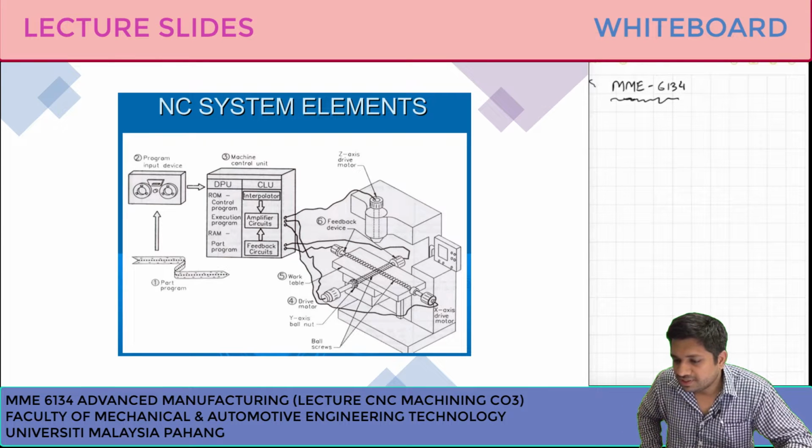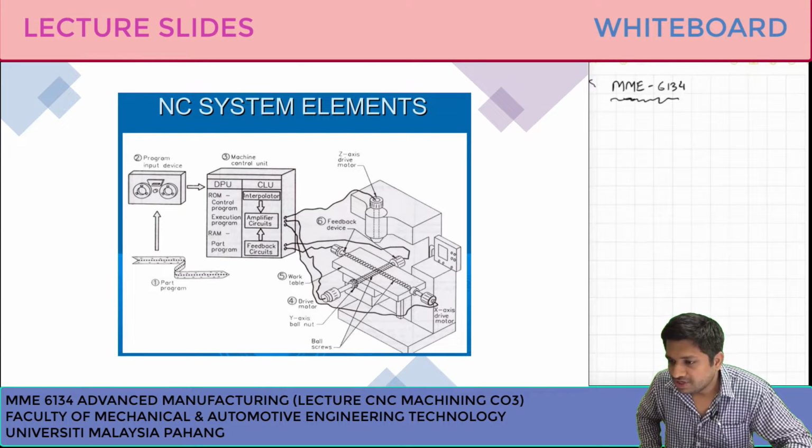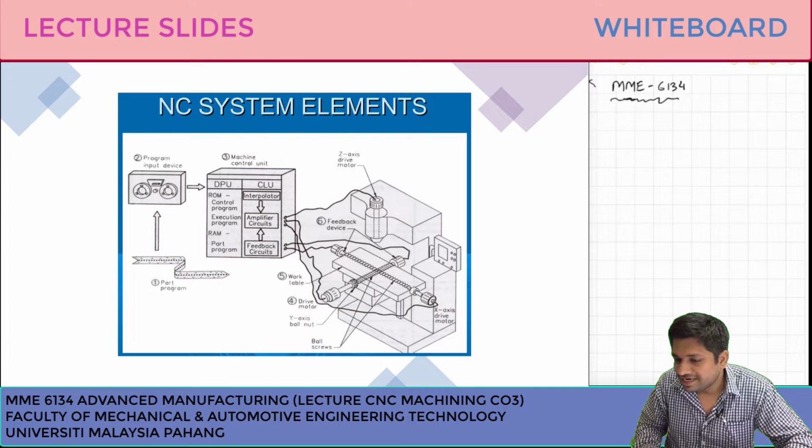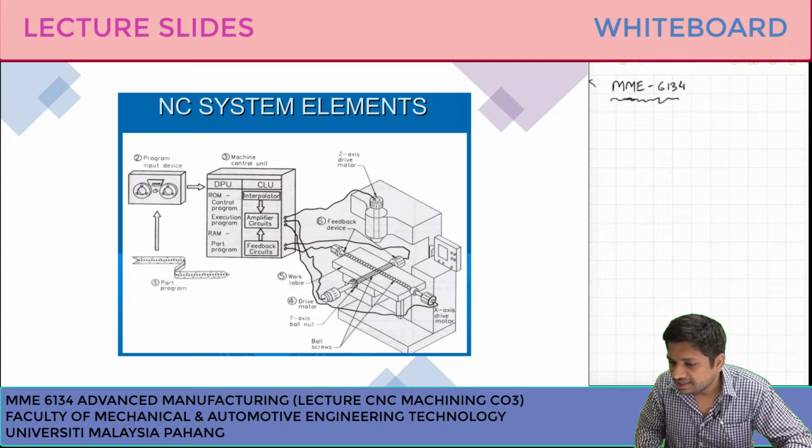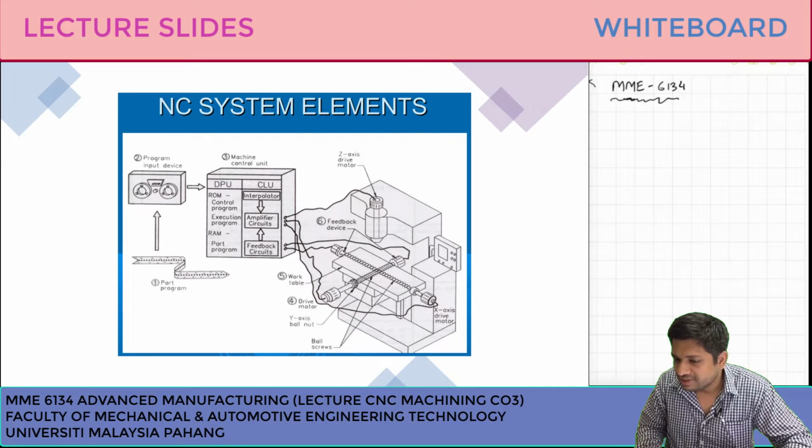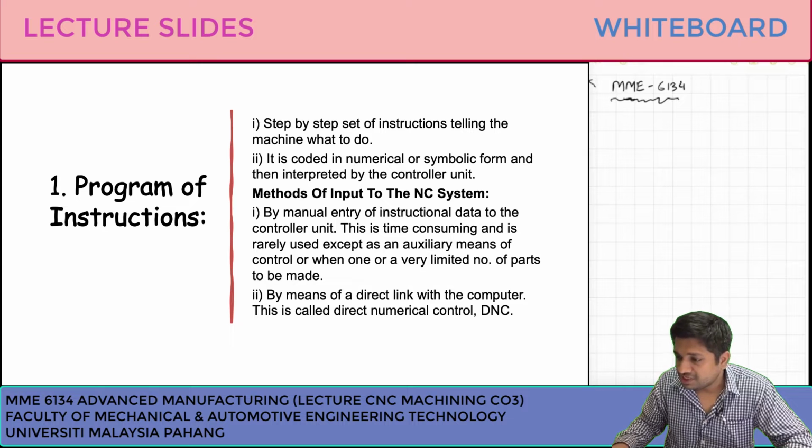So here are some of the visible components that you see in your daily life, in daily workshops. Initially, in the 1950s, we used some types of tapes, and those tapes were fed into this input device, and then the machine read those tapes using some decoders and encoders, and then they were transferred to the machine itself. So usually we have the program, then the machine control unit, and the machine tool itself.